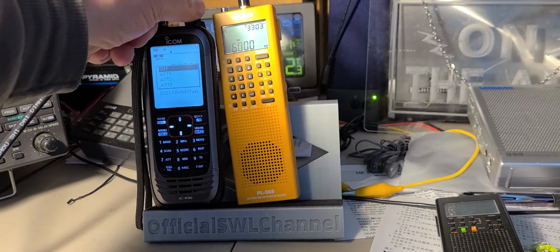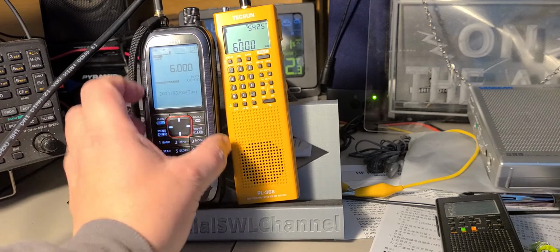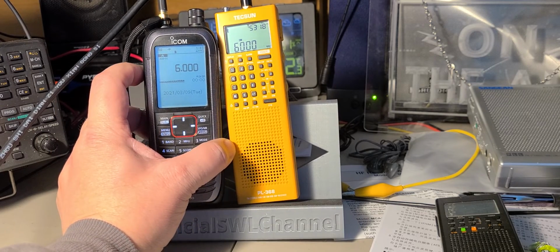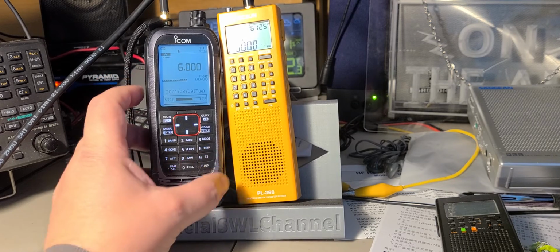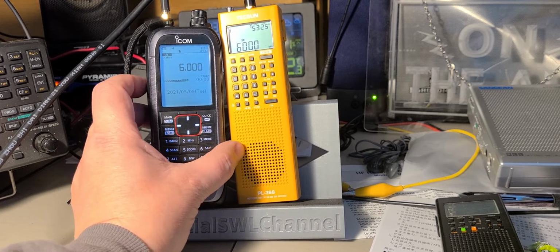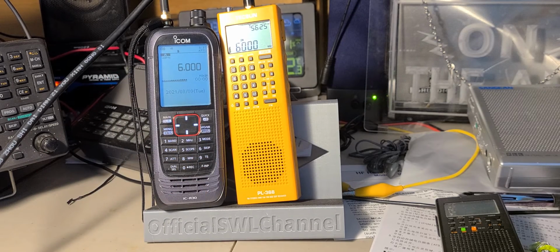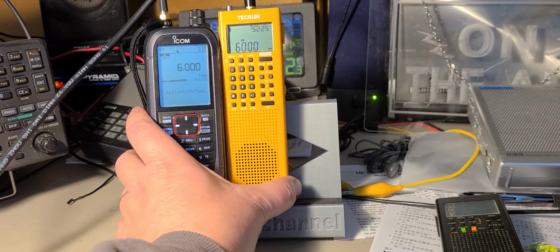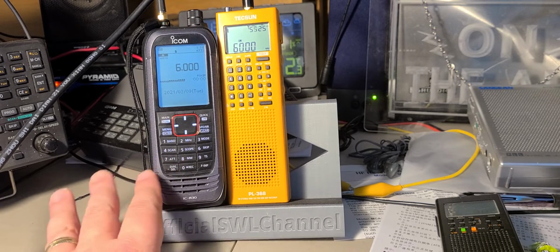Once again, a lot of people are saying, well, so what's the problem? Yeah, what's the problem? You should not have to attenuate signals to receive properly on a radio. And that is something I'm continuing on. And if I'd be the only one in the world talking like that, I'd be thinking that maybe I'm wrong, but when I see that other people who have tested this radio are all saying exactly the same thing that I do,